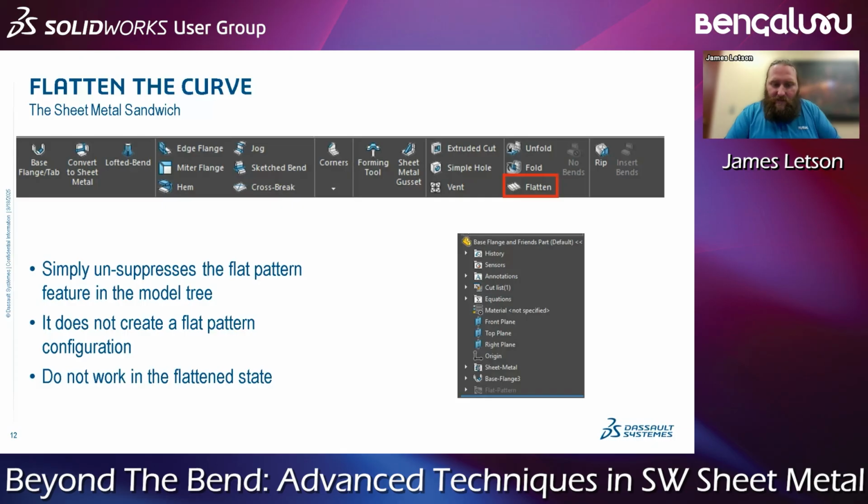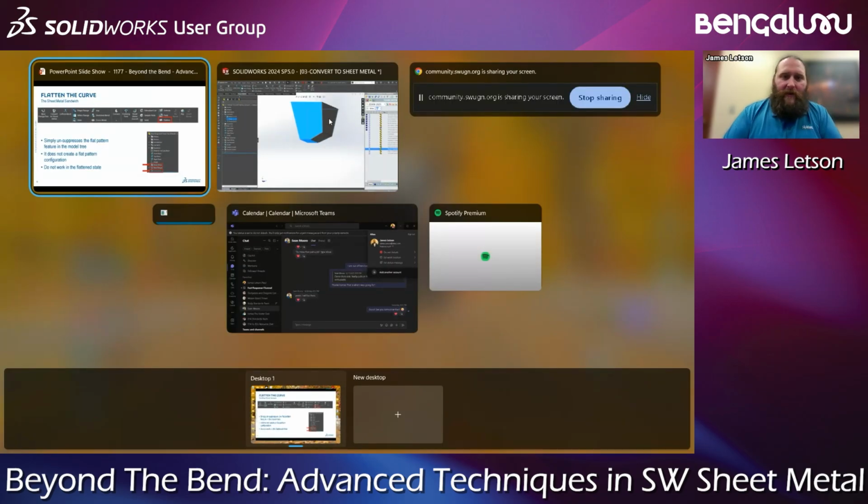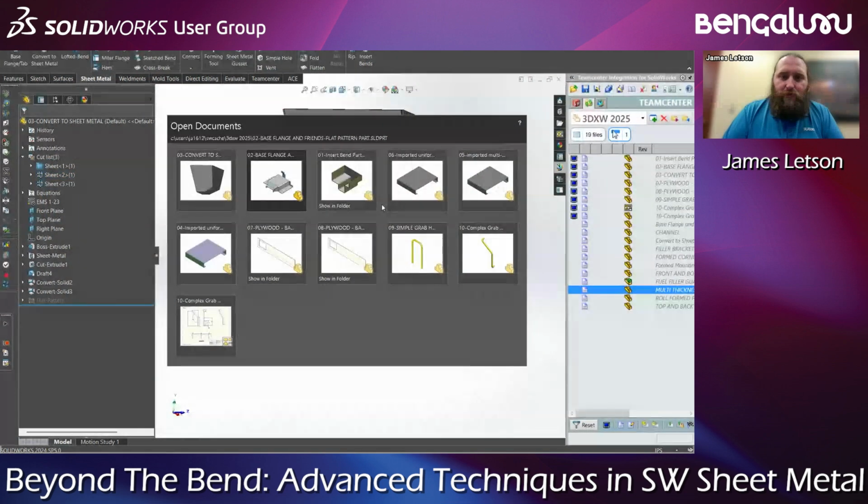The big thing to note is do not work in the flattened state. And you can see in this picture of the model tree, if you think about a sandwich, you have 2 pieces of bread and you have fill-ins in between. So your sheet metal feature and your flat pattern feature are your pieces of bread in this sheet metal sandwich. Everything else should fall in between those. Everything else is just fillings in the sandwich. So your edge flanges, your jogs, your miters, your hems, all of that should fall between your sheet metal and your flat pattern feature. And I will give a quick example of what happens if you do not do that,